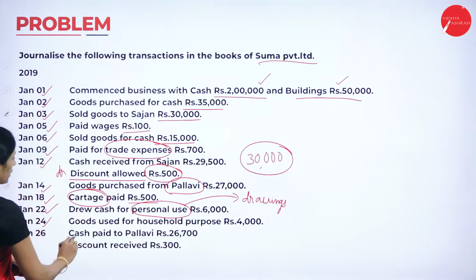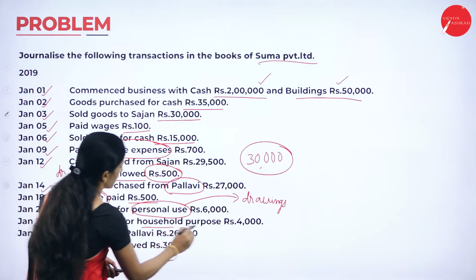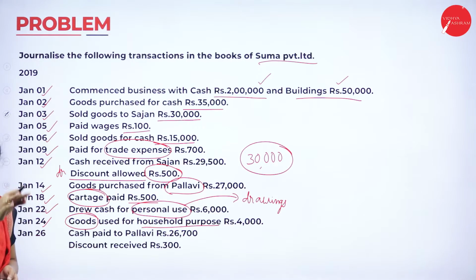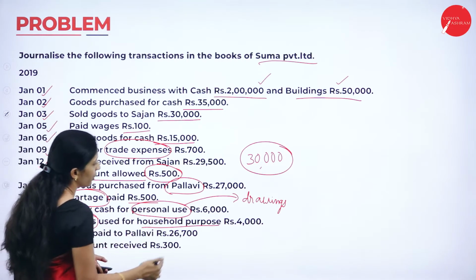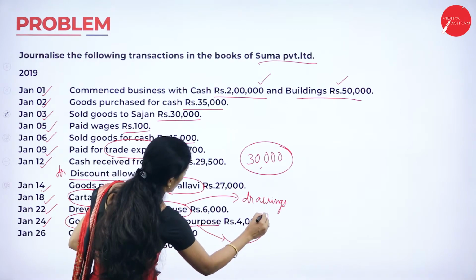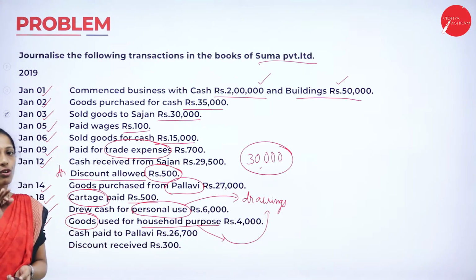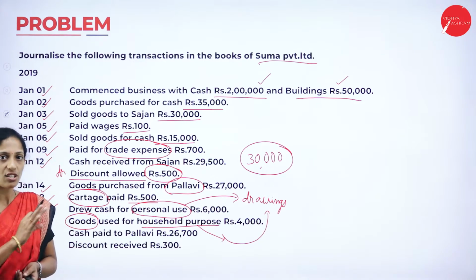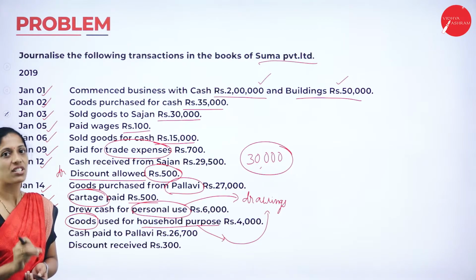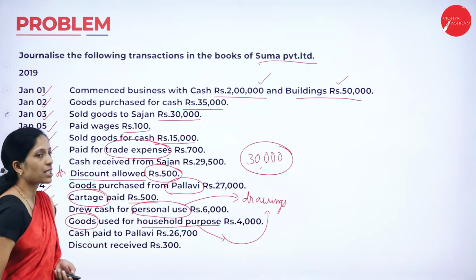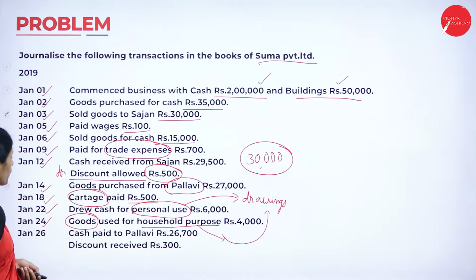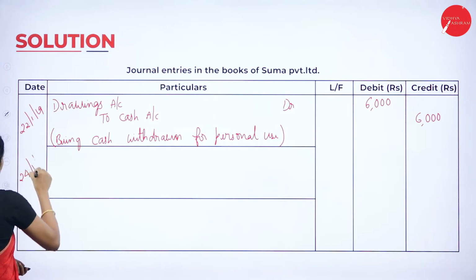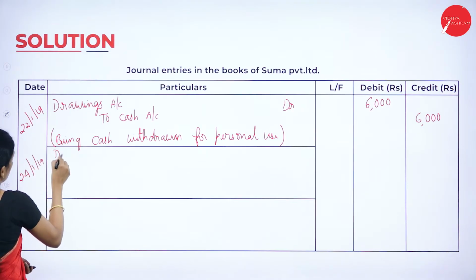Next one, 24th. Goods used for household purpose. Now remember, they have not used the cash, they have used the goods. In the sense, purchases decrease. So if it is for household purpose, it is also what? Drawings. Okay. So drawings account debit to purchases account. Why are you crediting purchases? Because it is not cash, it is goods. So that your purchases decrease. So what is the amount? 4,000. So 24/1/2019, your entry will be